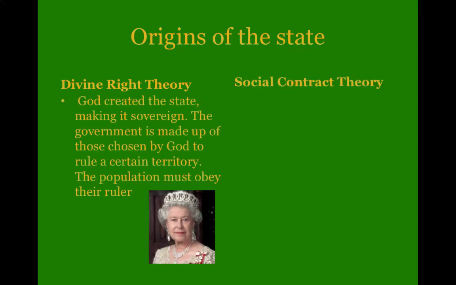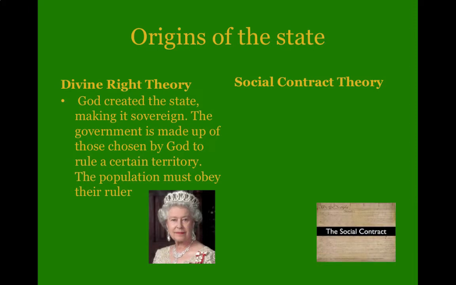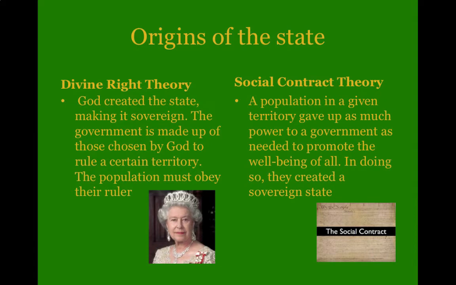The social contract theory is the one we're going to spend more time with, and eventually I'm going to have a whole entire video just over the social contract theory. This is the one that we embrace here in the United States. What I have here at the bottom is a copy of our Constitution, which is a social contract. It is the contract between the people here and our government. A contract is literally between two groups of people, and both of them have to give up something, and we'll go over that in a later video.